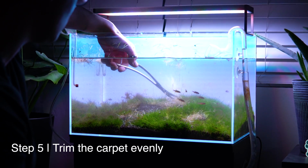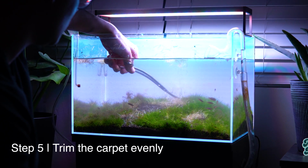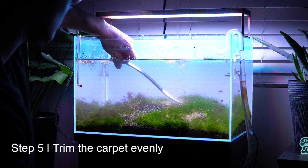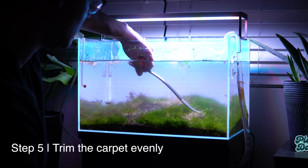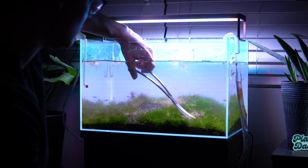So using my curved scissors, I'm going to give everything a really aggressive trim so that in addition to having a new hardscape, we'll also have a nice fresh carpet that will hopefully fill in, stimulate new growth, and take care of a lot of the gaps we've created. All right, now that our carpet has been trimmed down and we kind of get a fresh start,